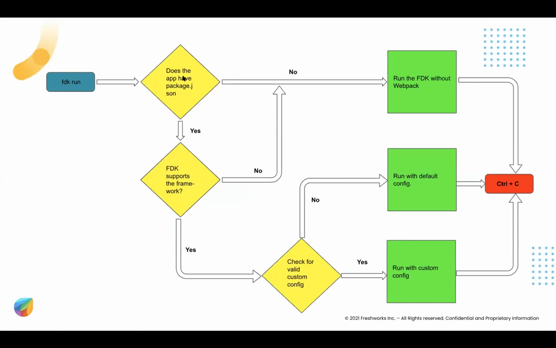But if there is a package.json, then the FDK parses it and looks for a configuration that tells that a front-end framework is used in this application. FDK will also check if that framework is supported by the Freshworks developer platform, in this case React, Vue 2, and Vue 3. If it is a supported framework, the FDK will move on to the next step of checking. If it's not, the FDK will consider it a regular JavaScript application and run without Webpack again.